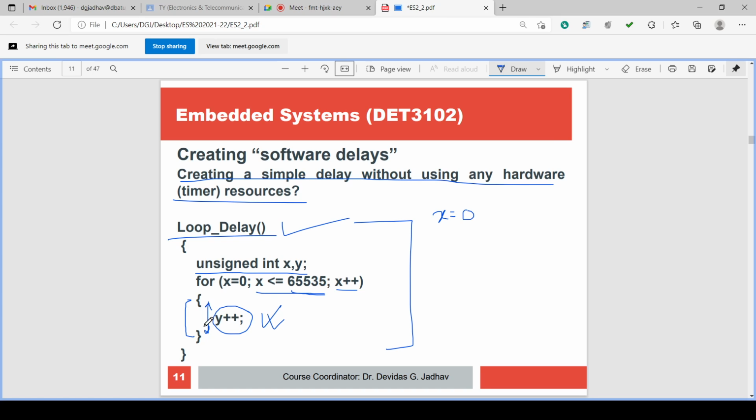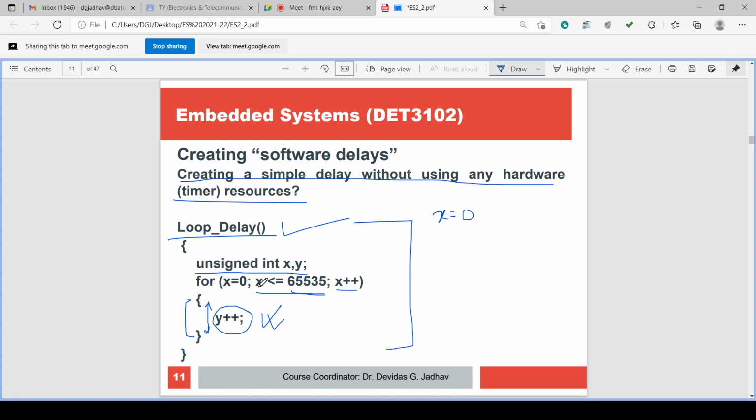It executes the instructions under the for loop, and then it increments x plus plus, so x becomes 1. Now again it checks: 1 is less than 65535. Again it executes. X becomes 2. Again it is checked: 2 is less than 65535. Again it executes. It continues till x becomes 65535 by increment.